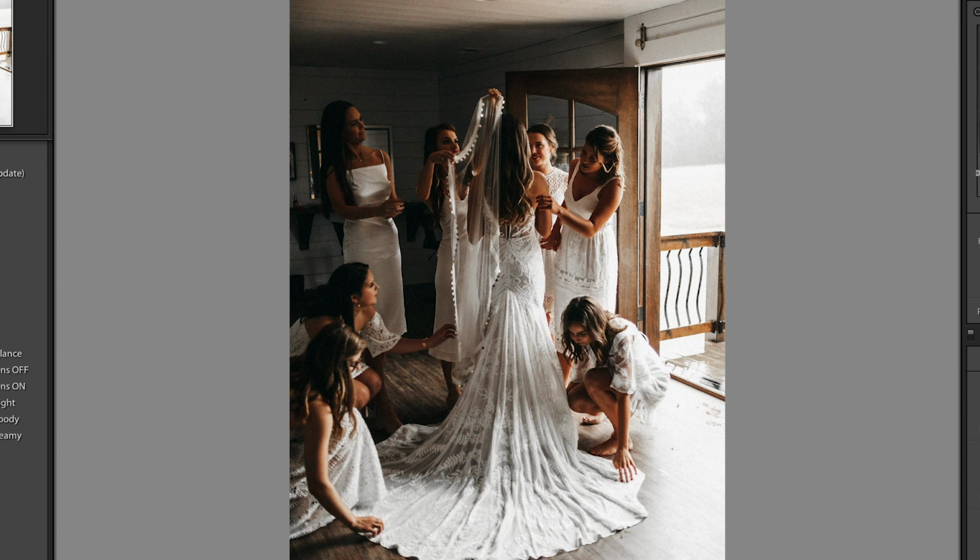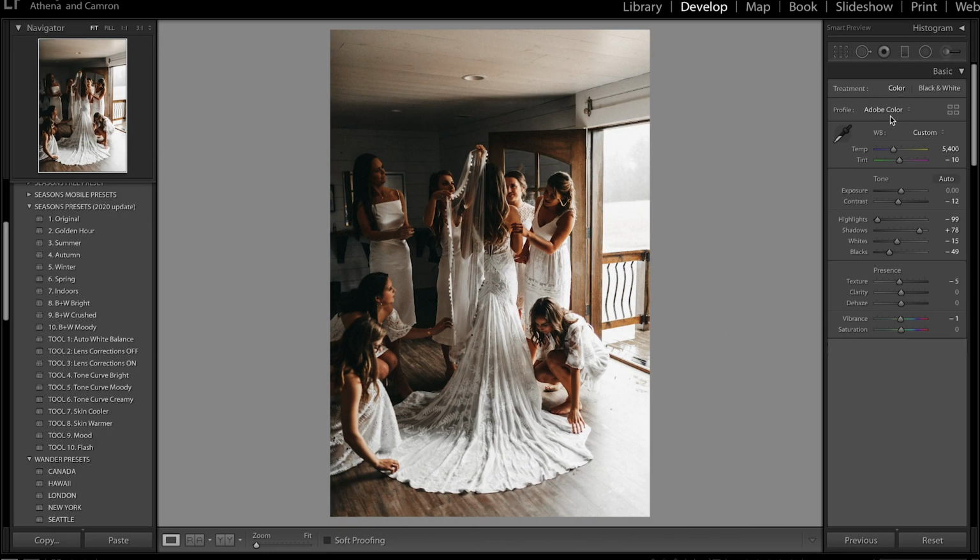So down here, to lift that and crush those blacks, or lift the blacks, that's an amazing way to add mood. And bringing down the kind of making that tone curve line more linear is going to give it that classic portrait look. So I'm gonna lift those blacks and shadows ever so slightly,